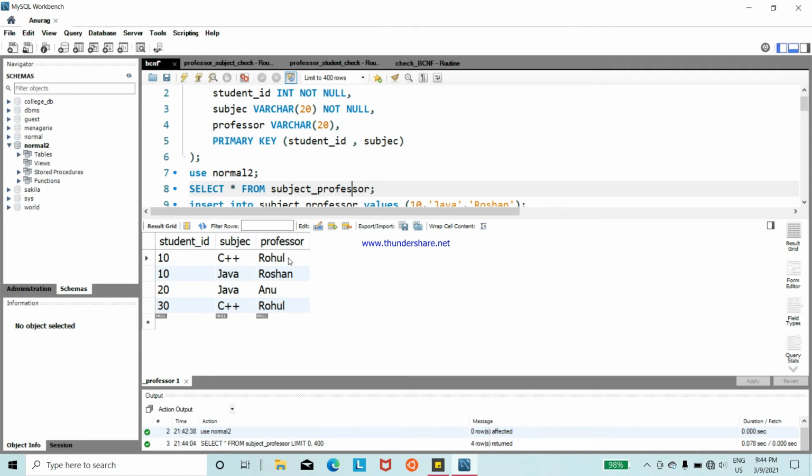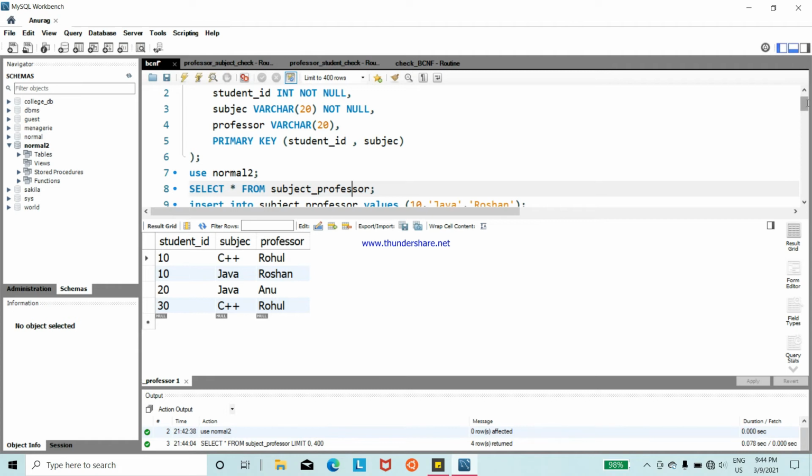Here for Rahul the subject is C++, for Roshan the subject is Java, and for Anu the subject is Java.